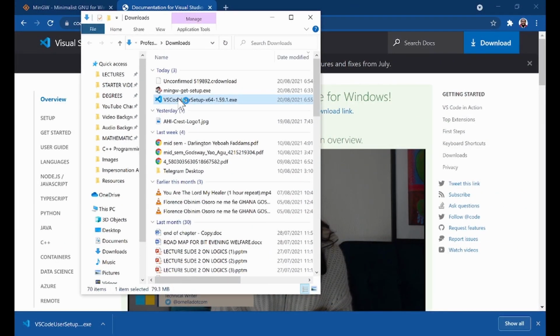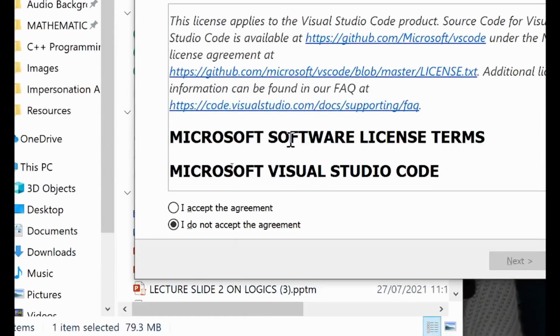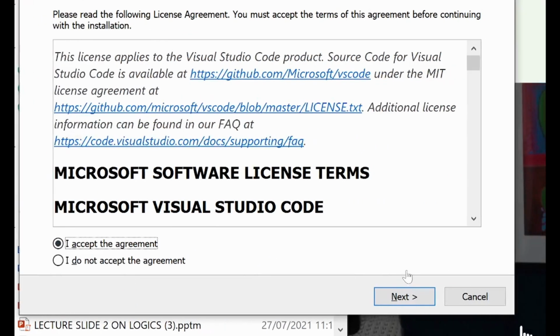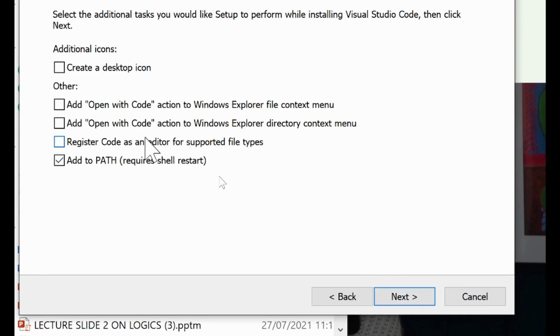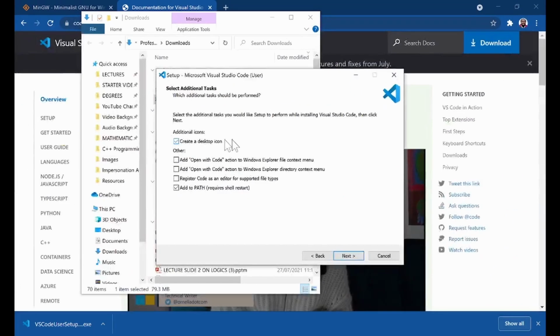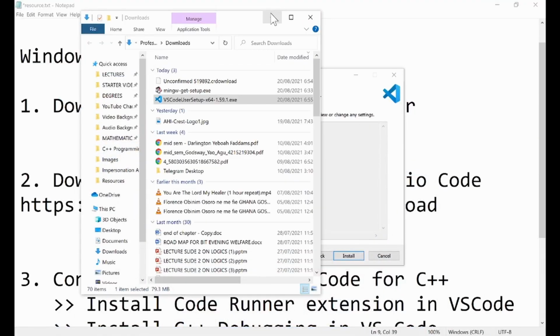So once you open, you are going to see this dialog box, and over here it says license agreement. Make sure you accept it and select next, and make sure you have a desktop icon, and I think we are okay. So just click next. Let me minimize all these windows